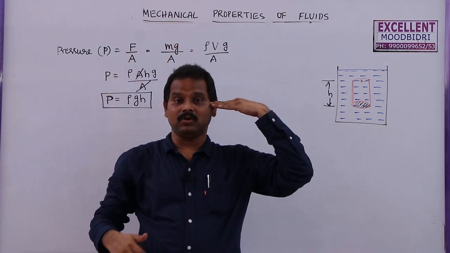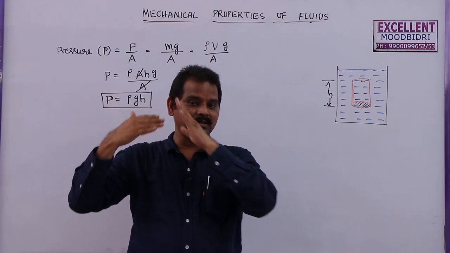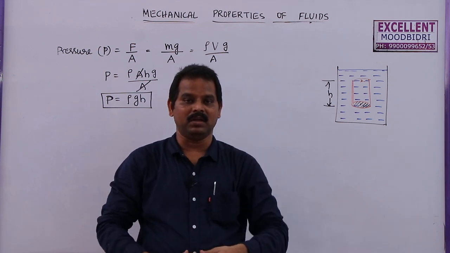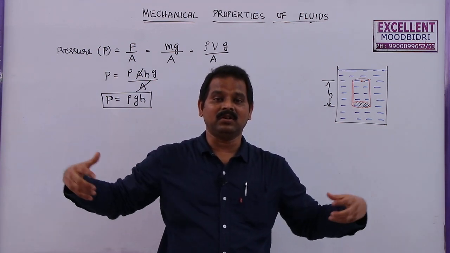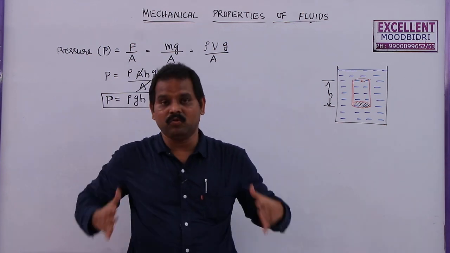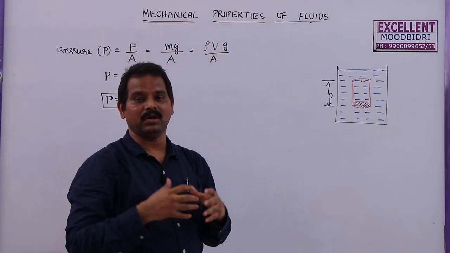In this case, force is acting perpendicular to this surface. Here it is perpendicular to the surface, here it is perpendicular to the surface, and here it is perpendicular to the surface. So the air is exerting pressure in all directions on my body, but always perpendicular to my body. Here, what is the pressure of the air that is acting on human beings?